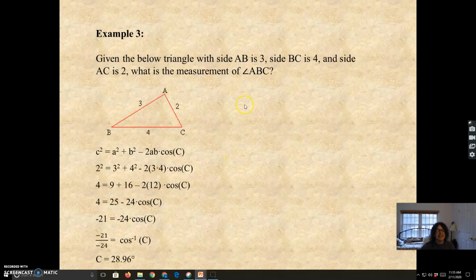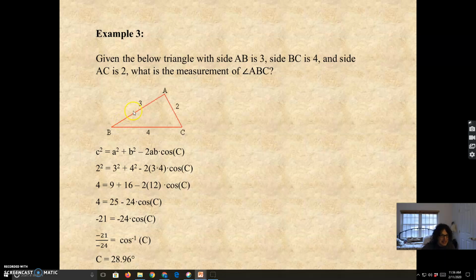Example 3. Given the below triangle, side AB is 3, side BC is 4, and side AC is 2, what is the measurement of ABC? ABC is going to be the smallest angle because it's opposite the smallest side. We know here c is going to be used with 2. 2 is going to be lowercase c because we're trying to figure out what uppercase C is, the corresponding angle,